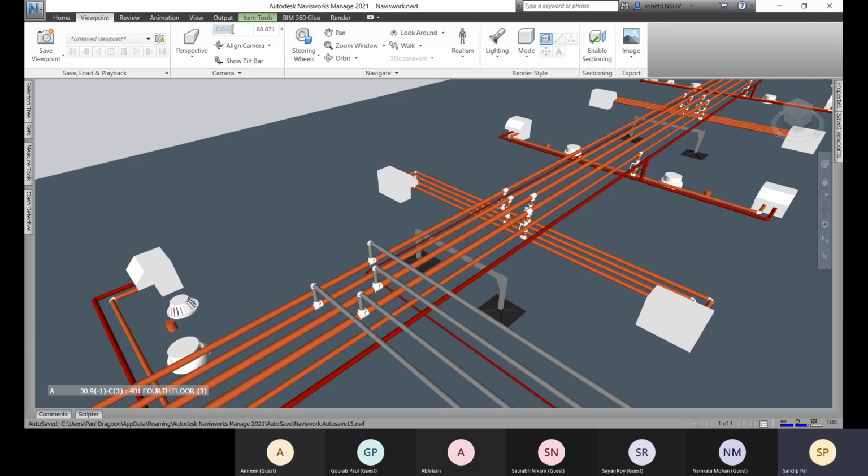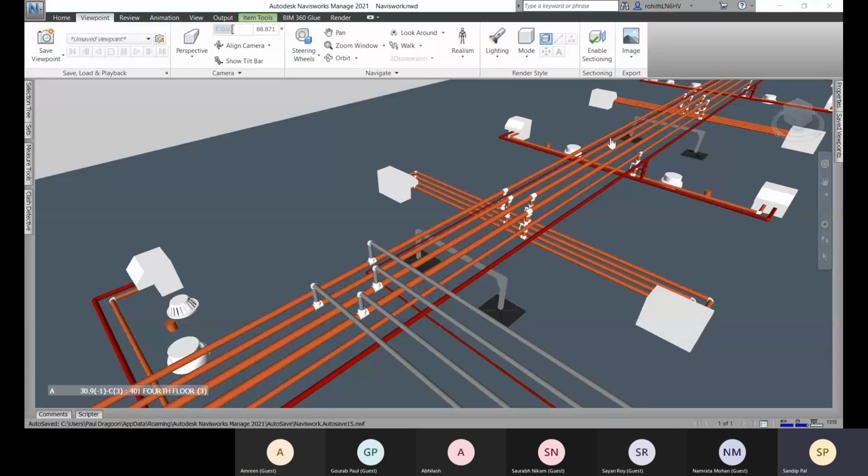Amreen, may I ask you? I think most of the time Amreen has a mic problem, right? Okay, okay. So there you can type. It will be too long to type. Just type out NWF. What is NWF?